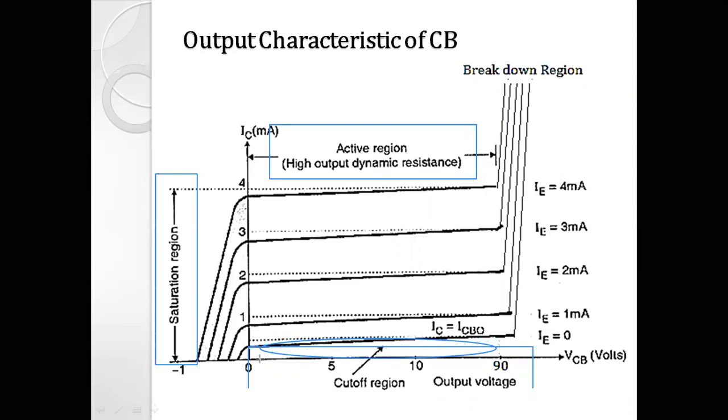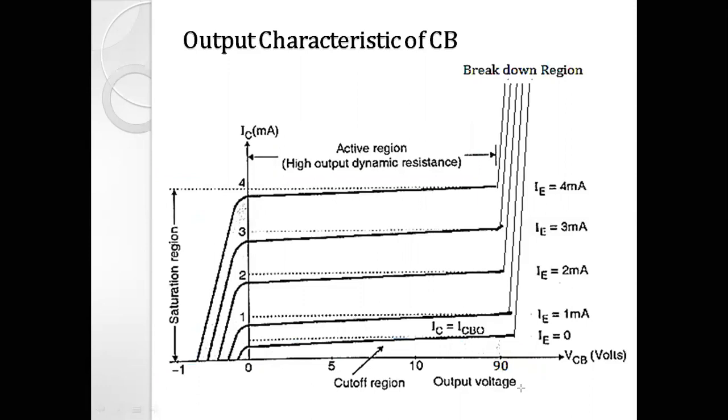When the magnitude of the collector current is very less, and ICBO is nothing but a leakage current. So in the past, we understood that the magnitude of the leakage current is negligible, almost zero. So the area under this line is known as the cutoff region. Right? So this is the output characteristic